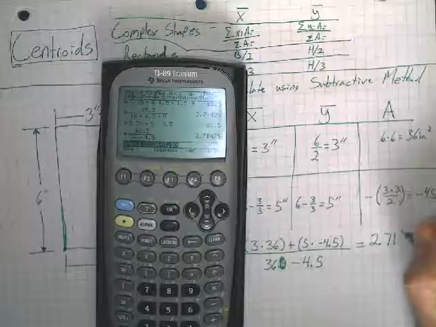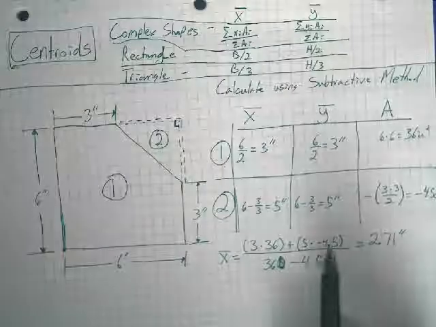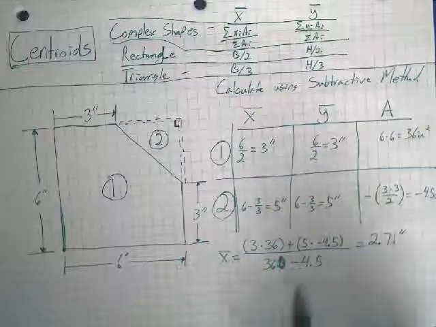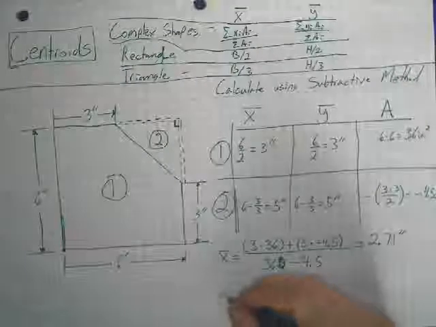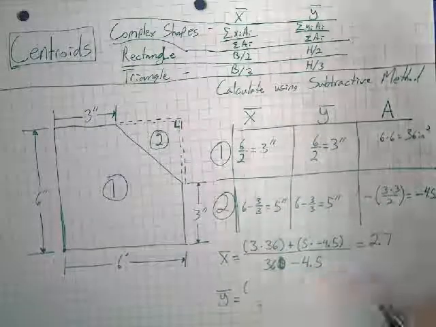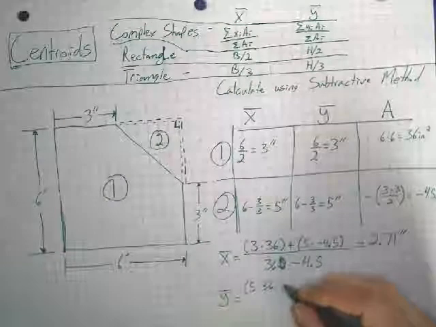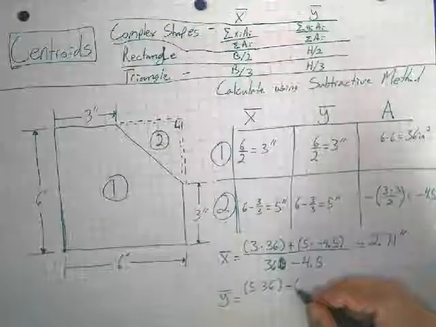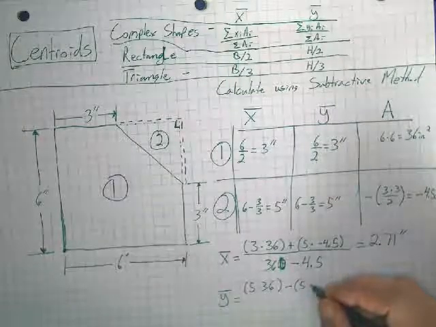2.71 inches. So the key here, remember, is that you're using your negative areas, and that's all you're worried about. The only thing that's negative is your area. So if we go y bar to finish this off, we'll say that we want 5 times 36 minus 5 times,